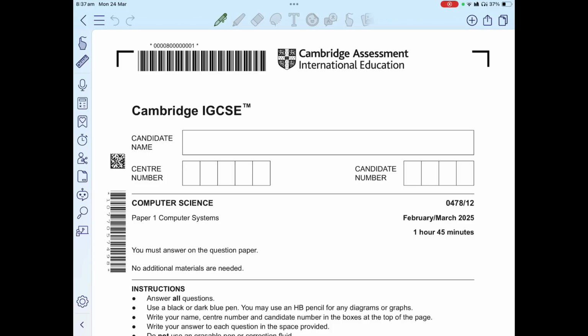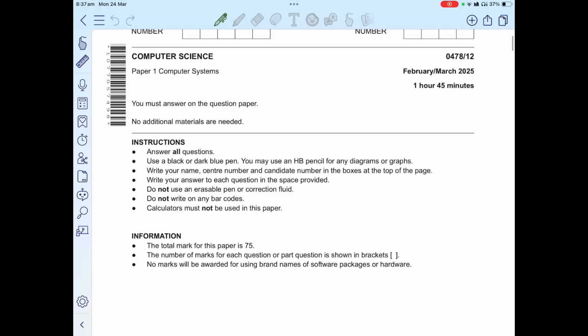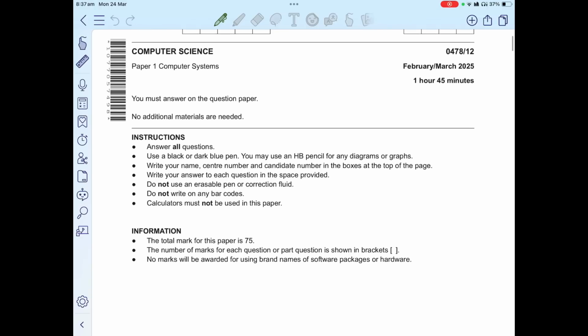Today we'll be solving IGCSE Computer Science 0478, Paper 1, Variant 2 from Feb-March 2025. This is a 1 hour 45 minutes paper and it is 75 marks. And I'll be showing in detail all the answers to all of the questions in this paper along with explanations